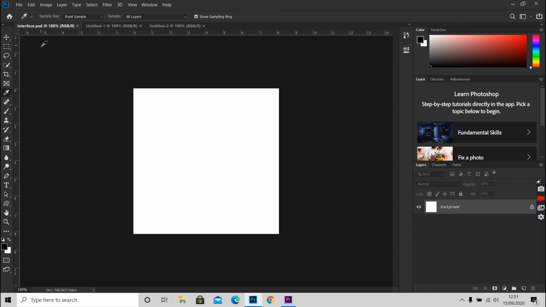So now, if we move to the right, we have some other panels like the layer panel, the color panel, and the other panels too. If we see closely, these panels also include some other tabs. Like in the layer panel, we also have the channel panel and the path panel too. In Photoshop, we can arrange and customize these panels in various ways. We will see it later.